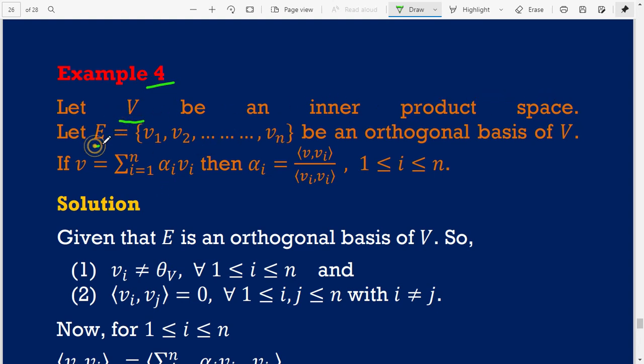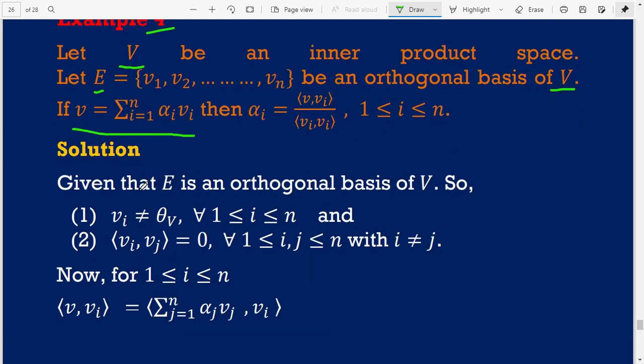Let the set E = {V1, V2, up to Vn} be an orthogonal basis of V. If V is equal to summation i = 1 to n alpha_i Vi, then alpha_i is equal to the inner product of V with Vi upon the inner product of Vi with Vi, for 1 ≤ i ≤ n. Solution: